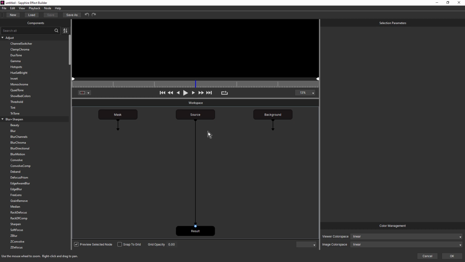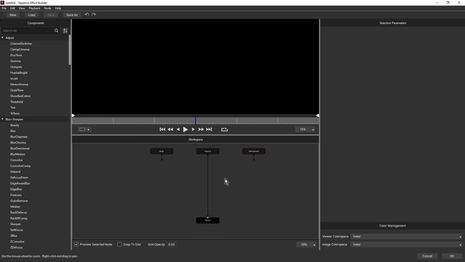Now I've created a lot of presets for Sapphire. I think there's over 800 of my presets in Sapphire now, which is really handy for me because I use Sapphire a lot. And pretty much all of my Sapphire Effect Builder presets are built inside the builder starting from a black solid. So I thought I'd try and build a preset, but this time record it so you can see my workflow. So this is going to be a background, and we need some kind of generator effect.